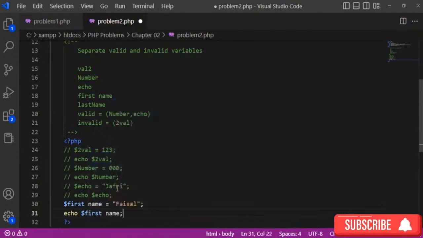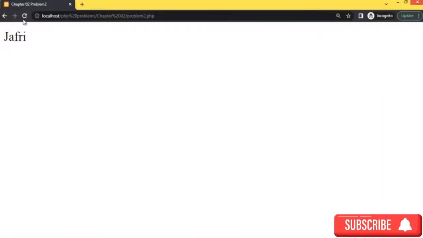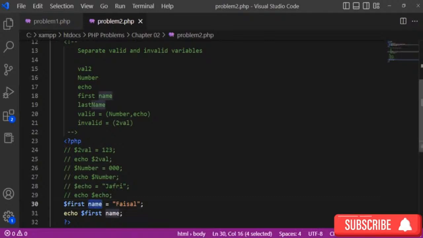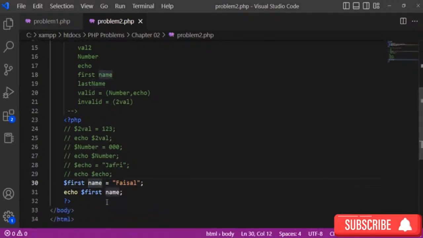First name. I want to see its value. Syntax error, unexpected identifier. So this one is unexpected. When I put a $ sign, now it will become a variable. In this case, I have to provide a value. I want to test this syntax